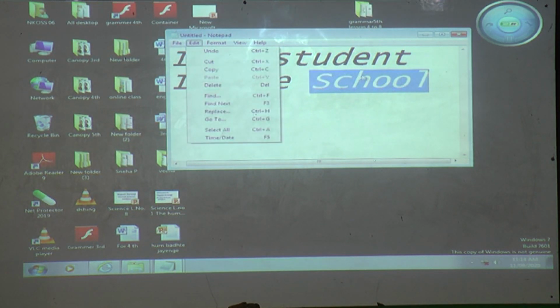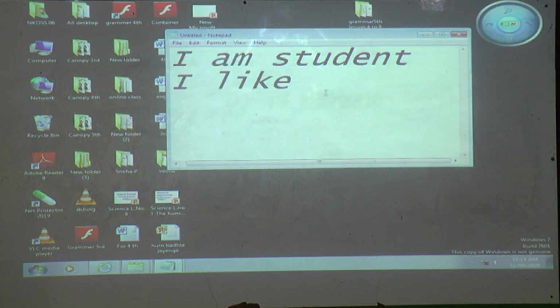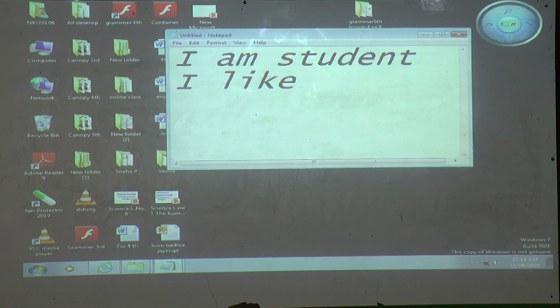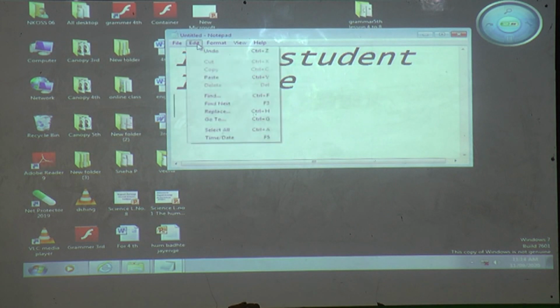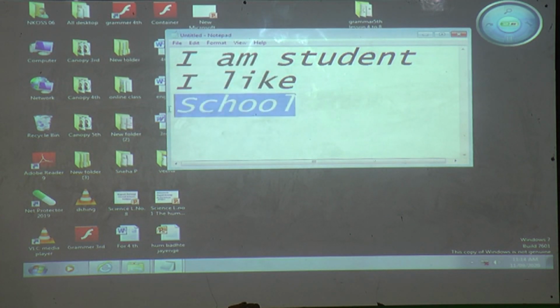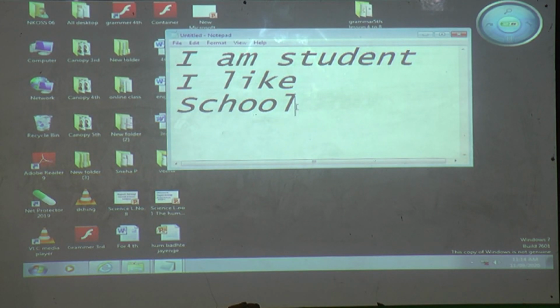For going to the next line, which key is useful? Yes, the enter key. Then go again to the edit menu, and afterward paste. You can see here, cut and paste.